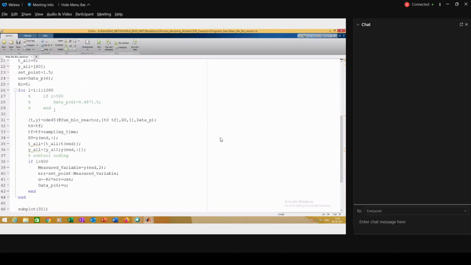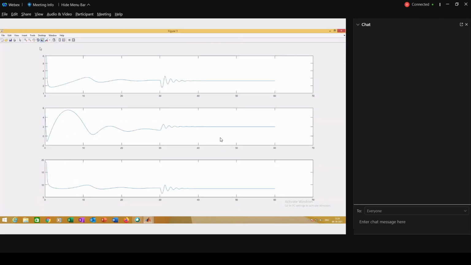Now let me change the set point to see whether it will go or not. It depends on the physics of the system, but let's try. 1.986. So this is the way we can design a controller of any system. The basic fundamentals are the same as far as the coding is concerned. Okay. Only thing is that the system is going to change.